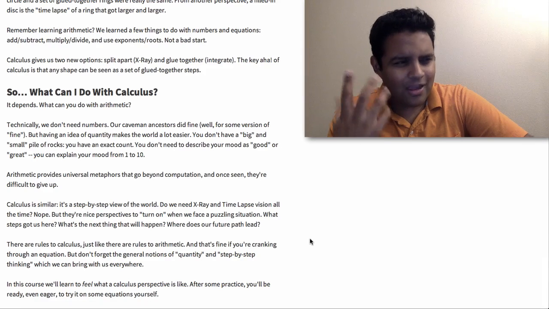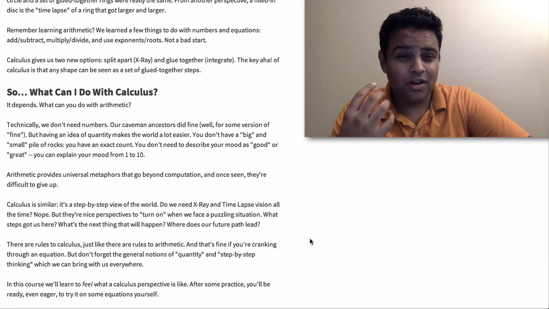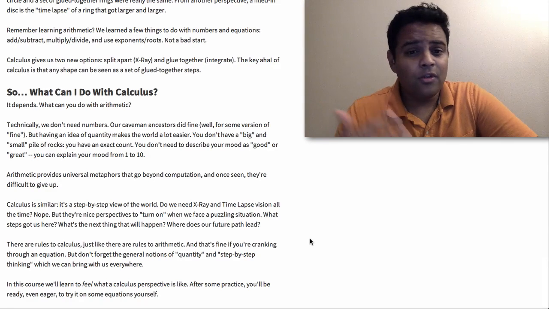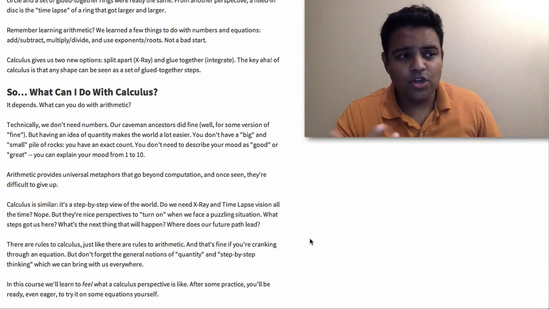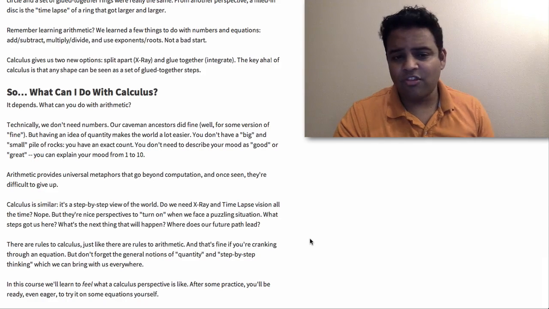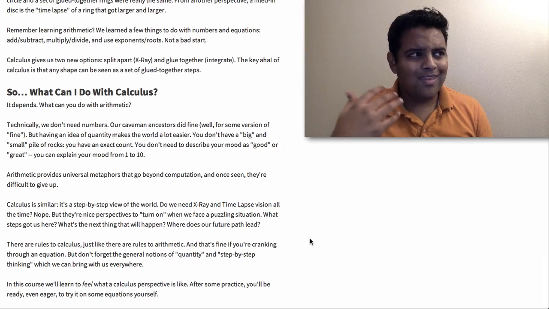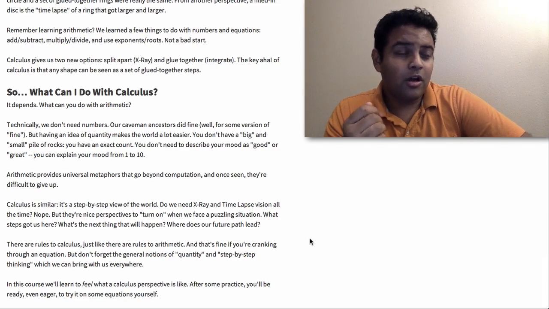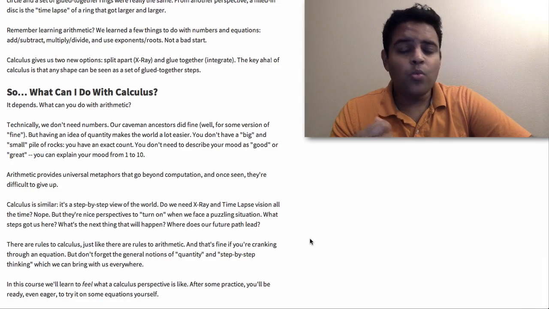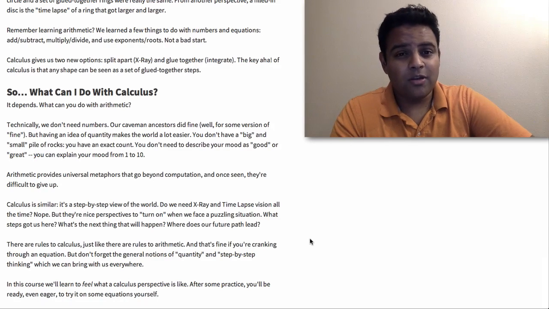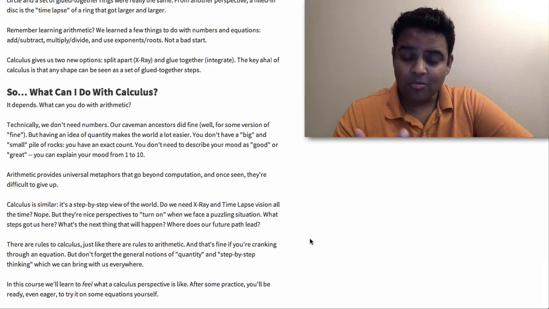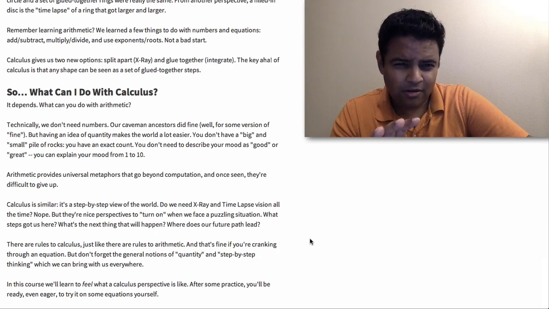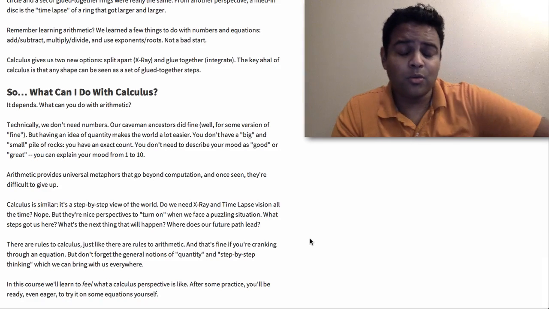And once you have this idea of numbers, it's really hard to give up, because we quantify everything. How are you feeling? 1 to 10. Your job satisfaction, 1 to 10. Surveys. We implicitly want to quantify things because it's so useful. Calculus is similar. Once we really understand it, we want to take things with a step-by-step viewpoint. You don't have to, but oftentimes it makes things easier to break them down into little pieces and say, hey, is there a pattern here that I missed the first time when I looked at the blob?